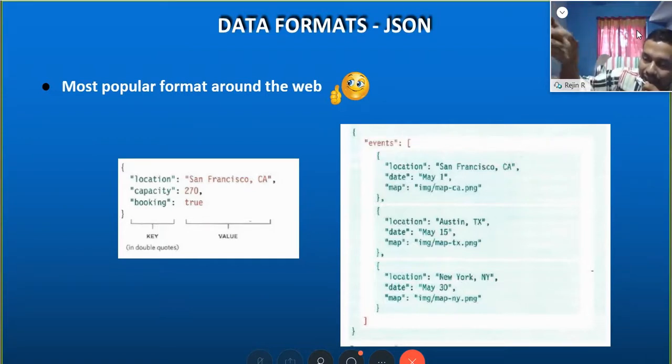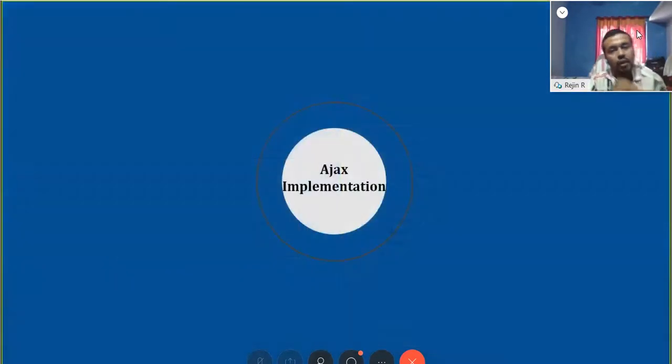Imagine HTML content replacing the area below that paragraph tag, so a message like username already taken is displayed. That is what happens with Ajax in real time. These are the three data formats, so that is the summary of data formats.